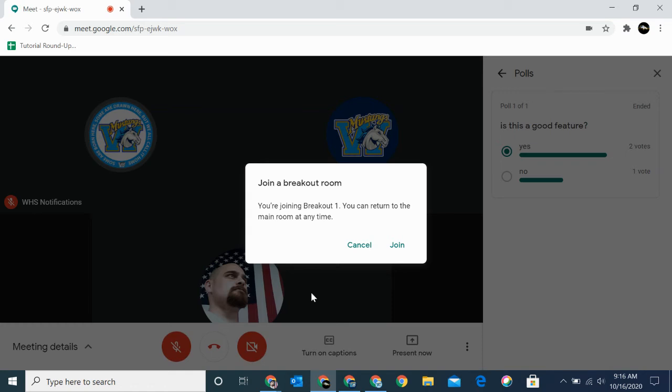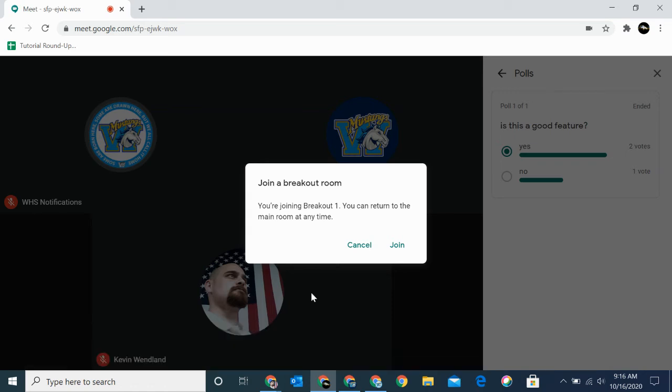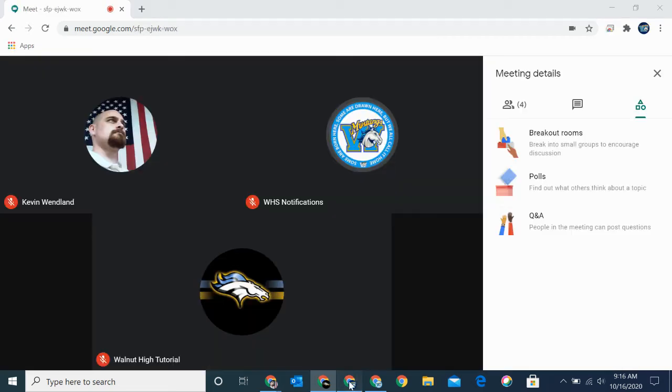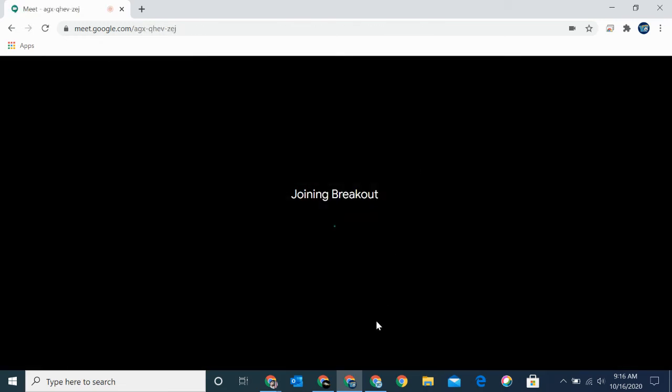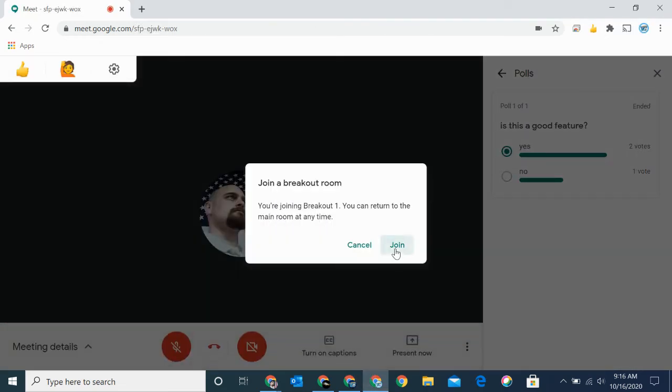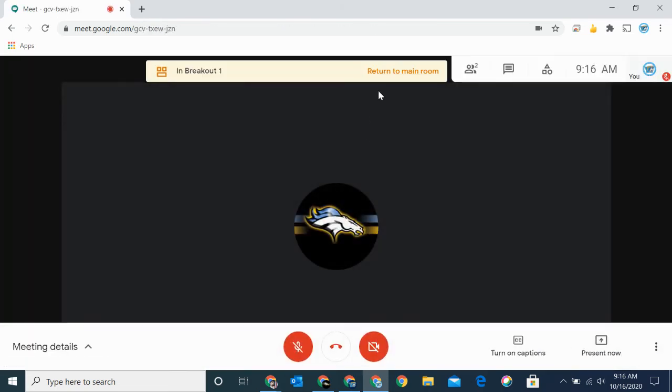And so the student now gets a pop-up saying, hey, you've got to join this breakout room. I've got to go. It's going to move him in there. It tells him what room he's in. The other students, we're just going to move them all in there. So all the students are now in their breakout rooms, and they could go back to the main room at